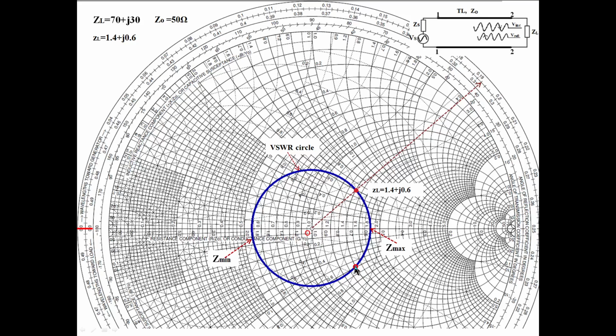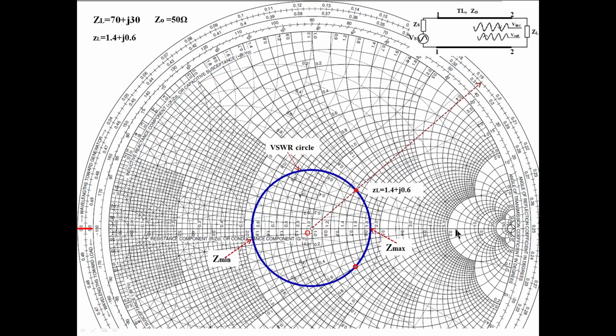What is the impedance here? We can easily read it, because it is the intersection of the reactance circle and the resistance circle. Read the resistance circle value and the reactance circle value at that particular position, and that gives the impedance at that position. Similarly, at any point, here, what is the impedance? Some distance we traveled. Read the reactance circle value and resistance circle value at this position. The resistance value is 1.8. What is the reactance?